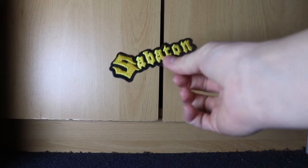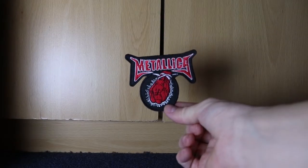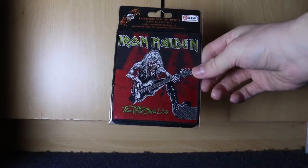An Iron Maiden one, obviously. We've got a good old Sabaton one as well, love it. And we got a Metallica Saint Anger one as well, which is bloody brilliant. We got the Fear of the Dark Live album cover as well, which is really good. Yeah, and all of those will be going on my vest, but I'm just waiting on one more patch to arrive,